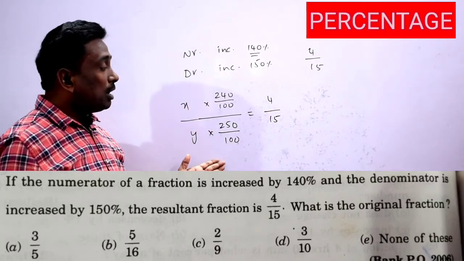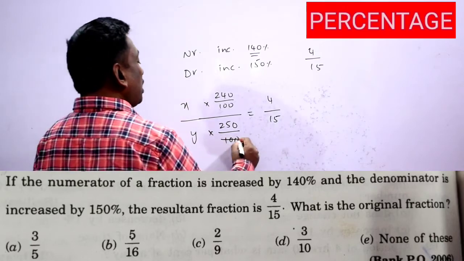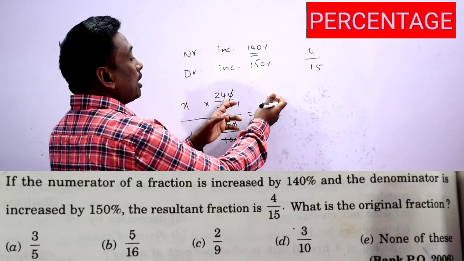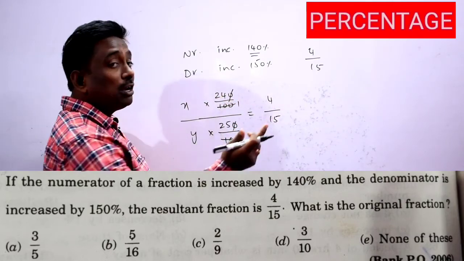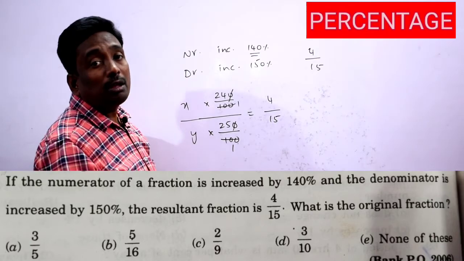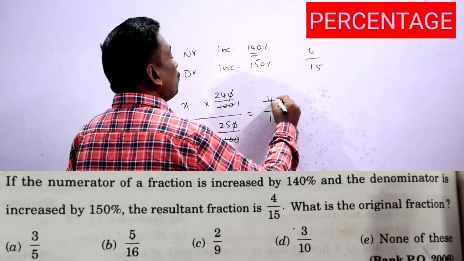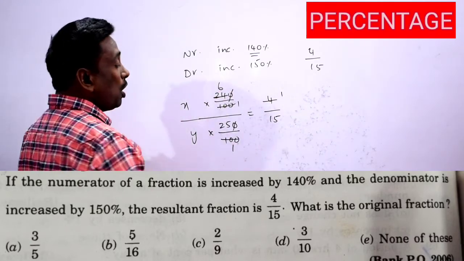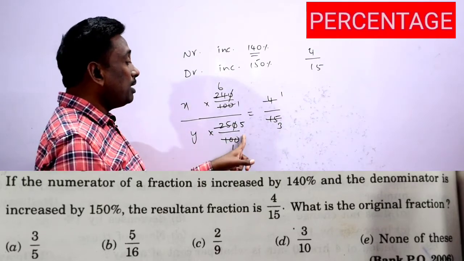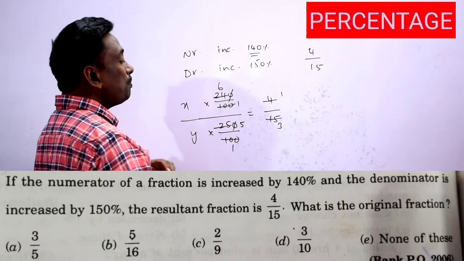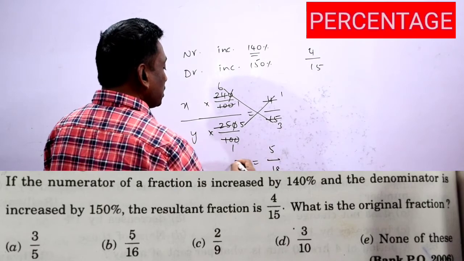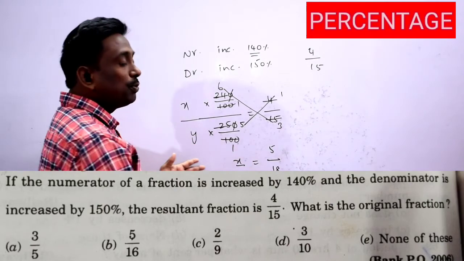Now cancel this, you get the answer. Here 100 gets cancelled, 0 0 get cancelled. You know that when equal to is there, we can cancel the numerator terms, we can also cancel the denominator terms, but don't cancel the crossed terms. Those must be multiplied with each other. According to that rule, 4 1s are 4, 6 gets cancelled. Now 5 3s are 15, 5 5s are 25, I am cancelling with 5 here. Now take cross multiplication. 5 into 1 is 5, 3 into 6 is 18. x by y is equal to 5 by 18. This is the original fraction.